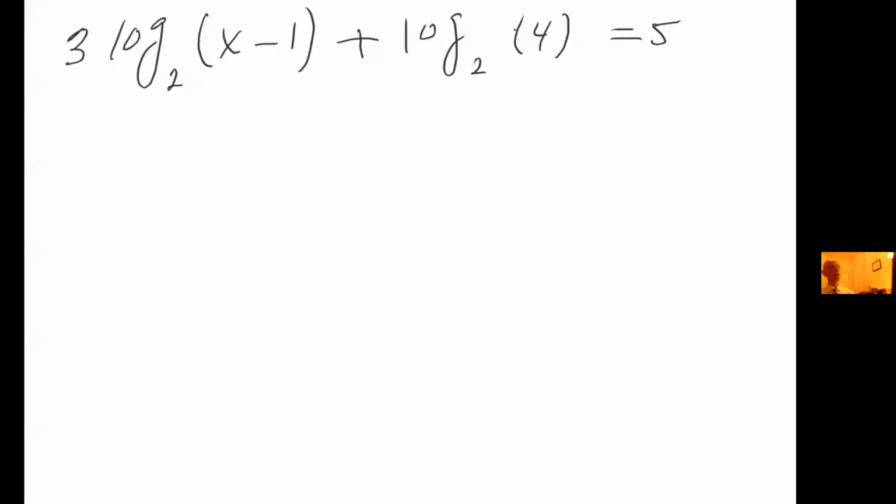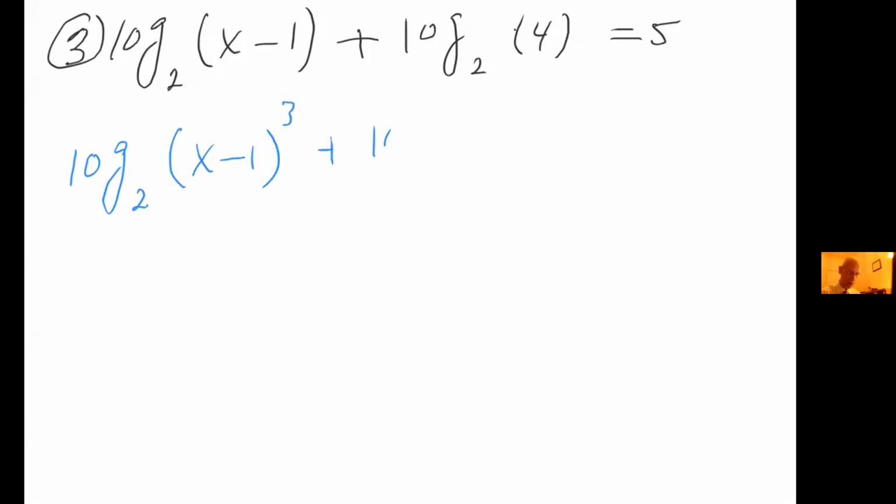So we want to solve 3 log base 2 of (x - 1) plus log base 2 of 4 equals 5. So the first thing I'm going to do, I'm going to get rid of this 3 and put it on the exponent using the laws of logarithm. So now I have log base 2 of (x - 1) to the power of 3